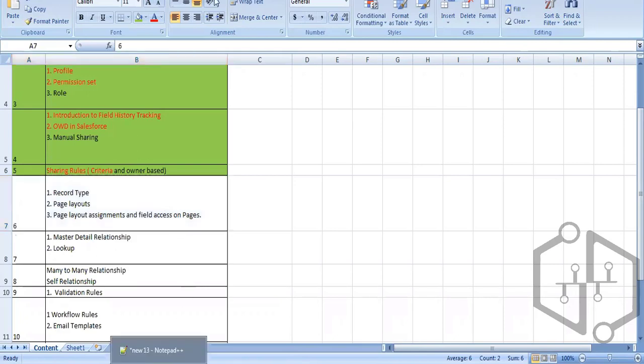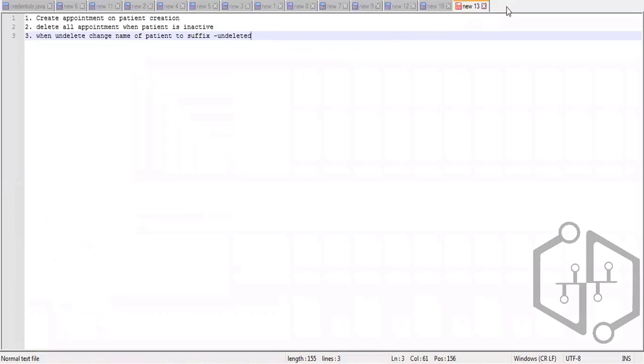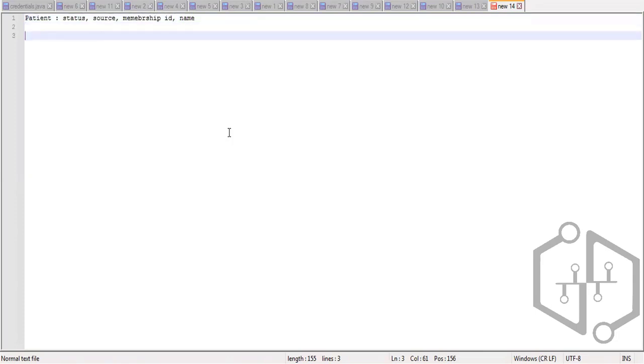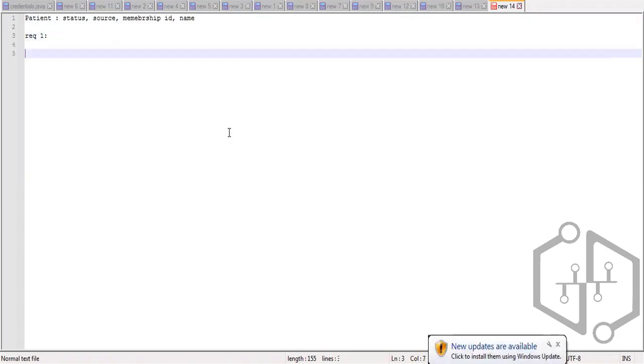Before we cover them, let me tell you the requirement, what my requirement is, and with the help of that requirement, we'll be covering the subtopics. So my requirement is on patient, I have status, source, and membership ID and name, right? So my first requirement is